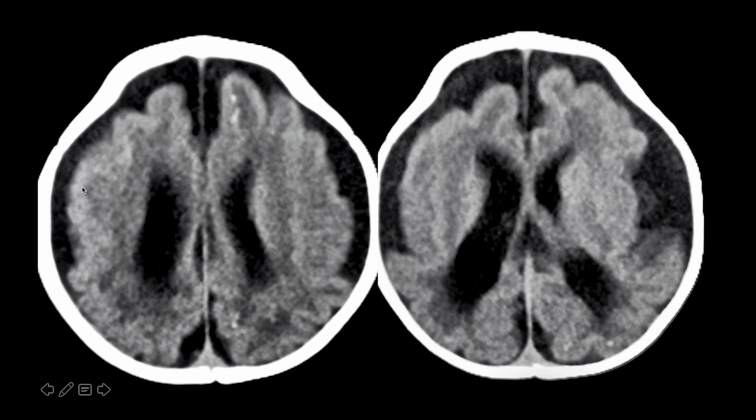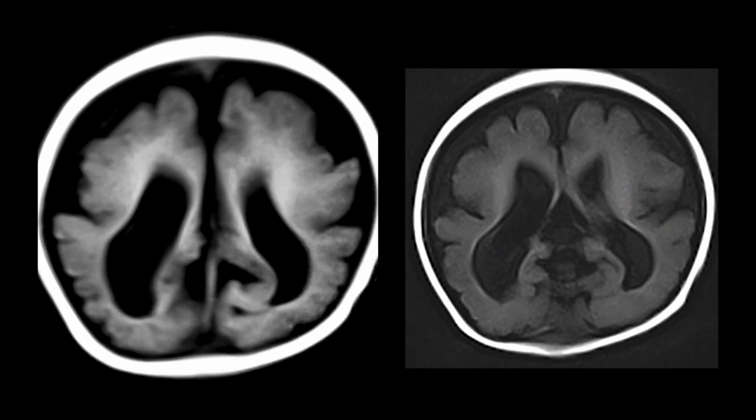So when you find lissencephaly, you need to see what type and what grade it belongs to, and we need to classify accordingly. Here, minimal white matter hypodensities are noted. The ventricular size is larger. Subarachnoid and subdural spaces are quite prominent, and the posterior part of the corpus callosum may not be well formed.